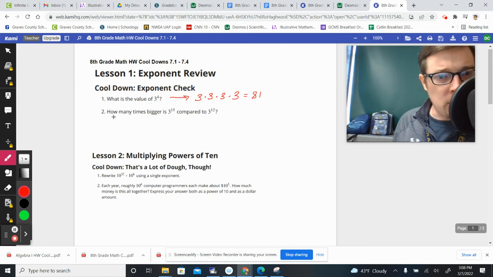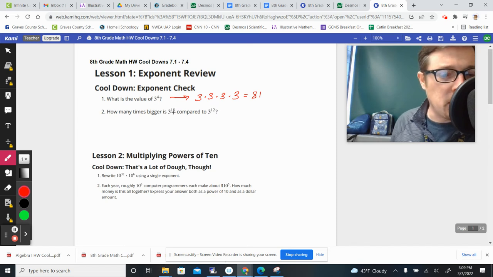So number 2, this is what we talked about when we're comparing these large ones without actually working them out. How many times bigger is 3 to the 15th power compared to 3 to the 12th? Well, if you're doing 3 to the 15th power, you're doing 3 times itself 15 times. And if you're doing 3 to the 12th power, you're doing 3 times itself 12 times, which means that on